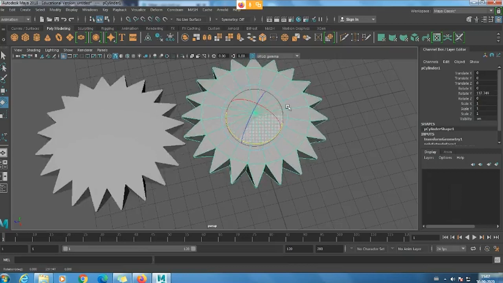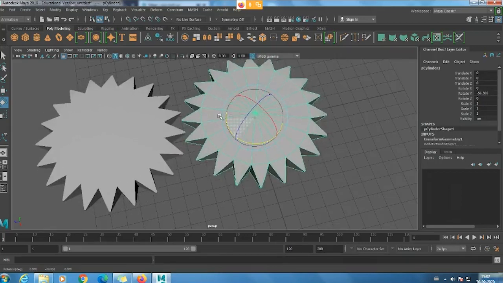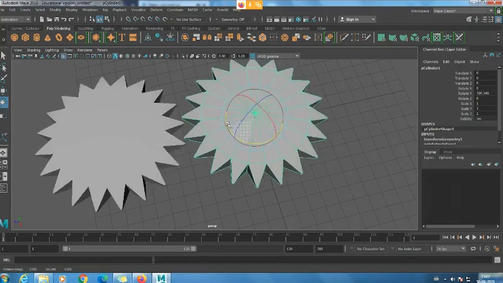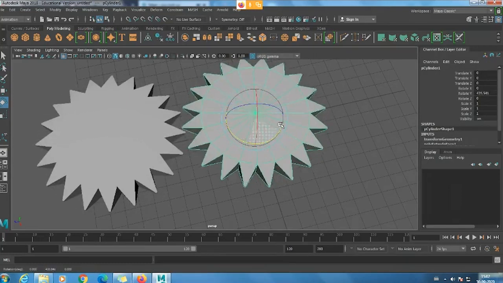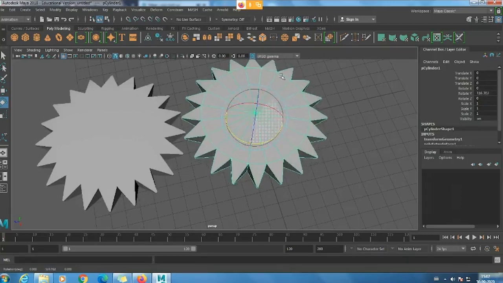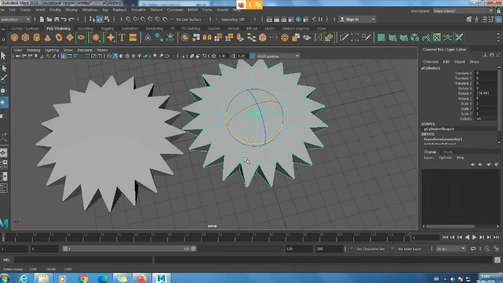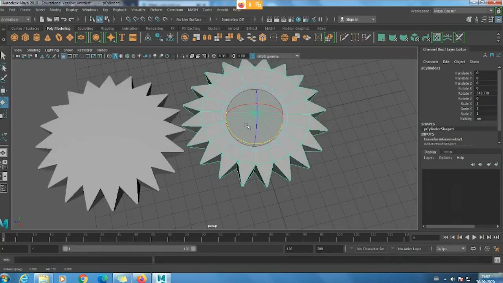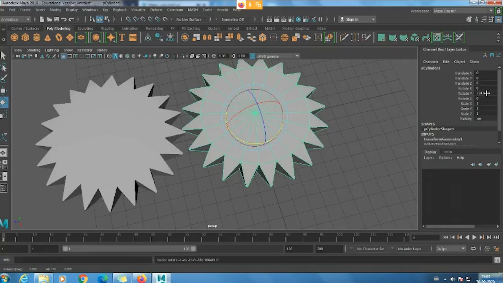After that it will not rotate, because we have not given infinity. So you have to give pre-infinity and post-infinity to rotate forever, and also in the minus value. You can see when I go less than 0, it is not rotating, and the plus value also is not rotating. That means only from 0 to 360 it will rotate.